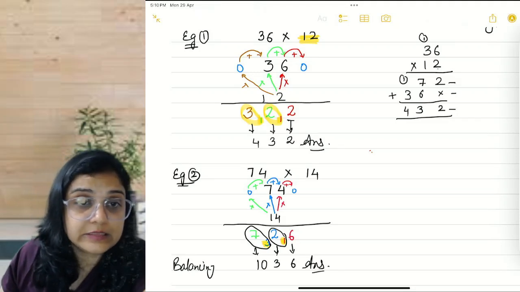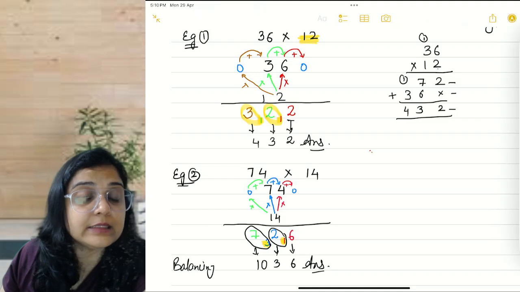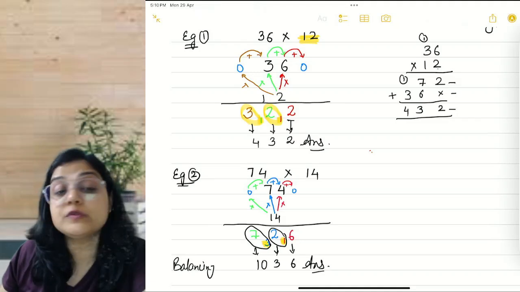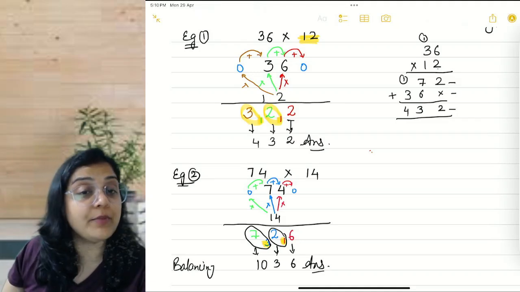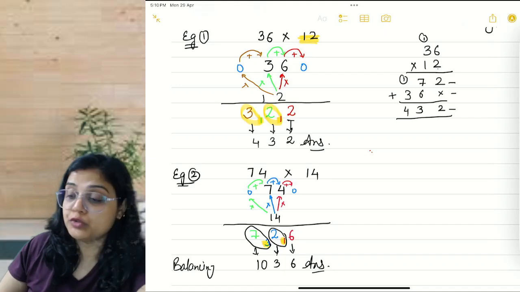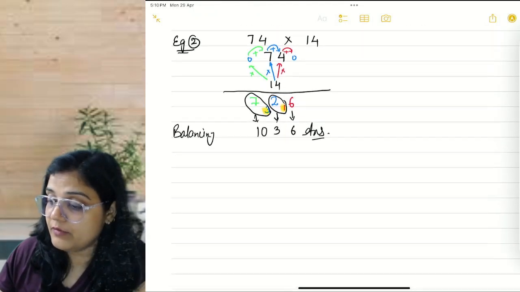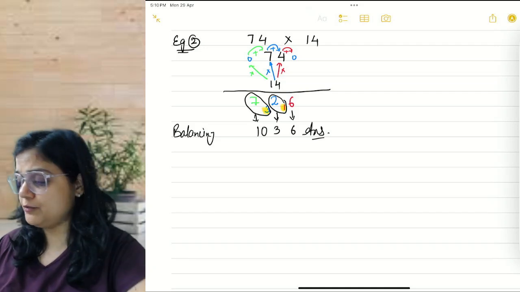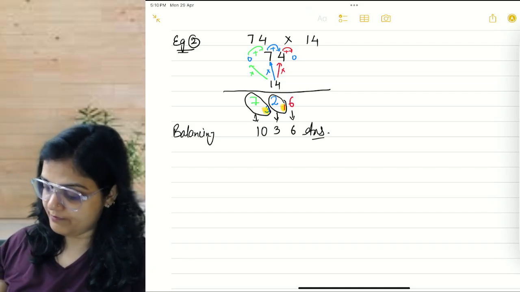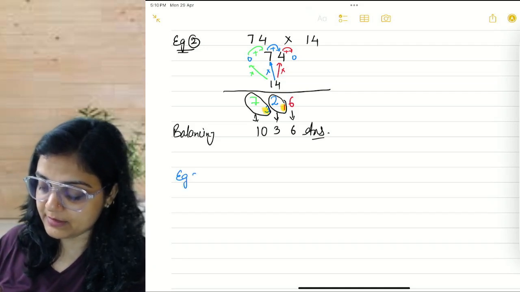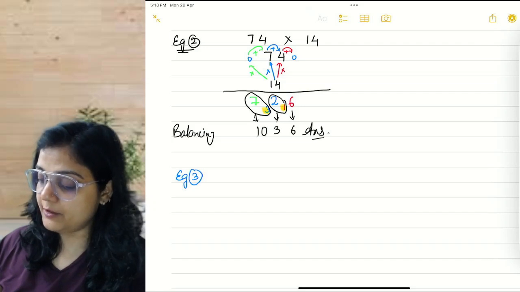Is it making sense now? I hope it is making sense. Still, if you are confused, it's okay. I'll do a lot of examples with you the way I used to so that you become perfect in it. So moving further with example number 3, let's pick up a bigger number this time. Example number 3. Okay, I'll take black color only.